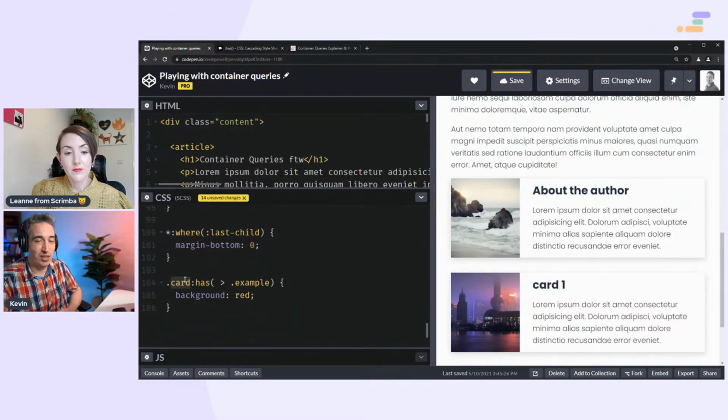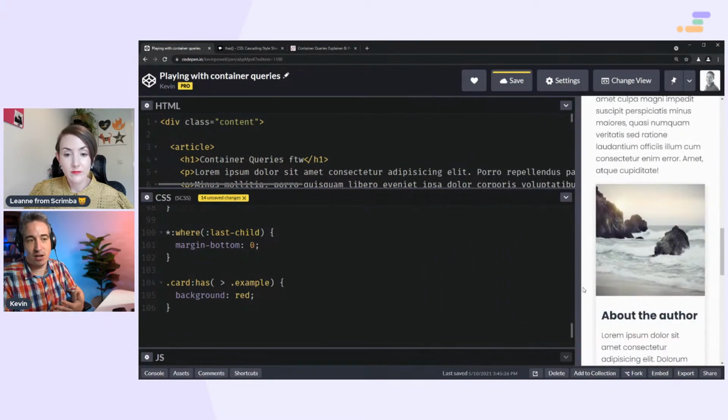So yeah, it's really, really exciting. Maybe also because I've been writing CSS for so long without a parent selector, I'm not always running into situations where I'm like, oh, I wish I had one, just because I try and avoid that, I guess, in a way. But I've definitely been there where I'm like, oh, I just wish I could select the parent of this based on the situation. And in a way, it's a little bit like the idea with container queries where now,